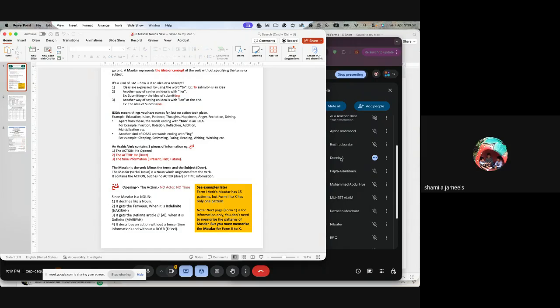Masdar is a verbal noun. It is formed from a verb, but it will not have a doer or a tense. Good. And because it's acting as a noun now, it will have nakira, ma'rifa forms, and it will take alif lam. It will act as a noun. It will be masculine, feminine, dual, plural, everything. It's an ism. Good.